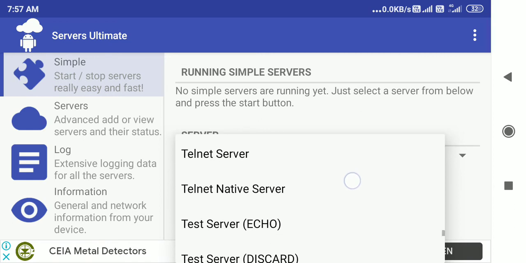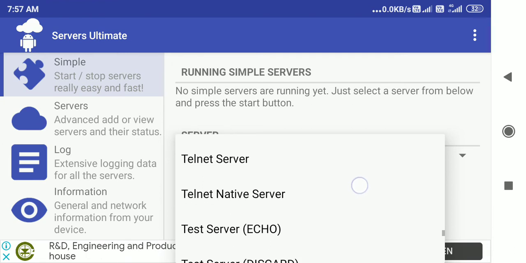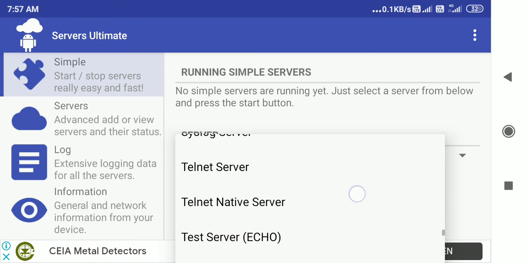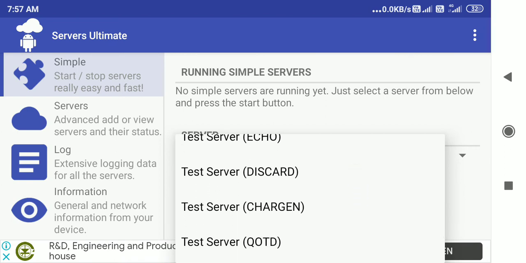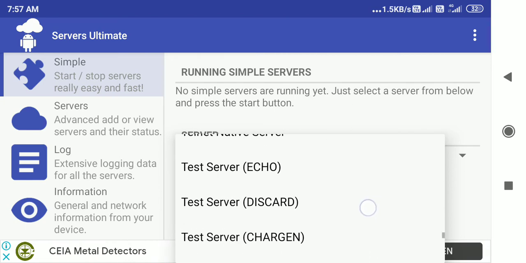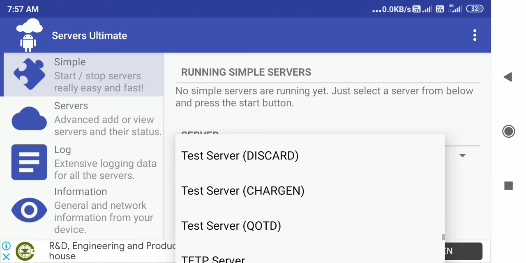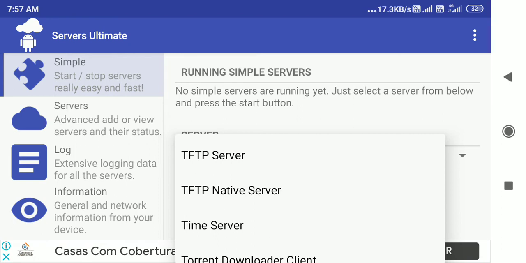So when you have data which is not video or something like that, those kinds of things are not done over Telnet, but mostly Telnet is for character transfer, immediate response transfer and messaging service. Those things are all done by Telnet servers. Okay, test servers are for when you want to run a test to see how much of a problem you have in the network. Those kinds of things are done by test servers. These capture everything wherever it goes and then give you a report on all that.